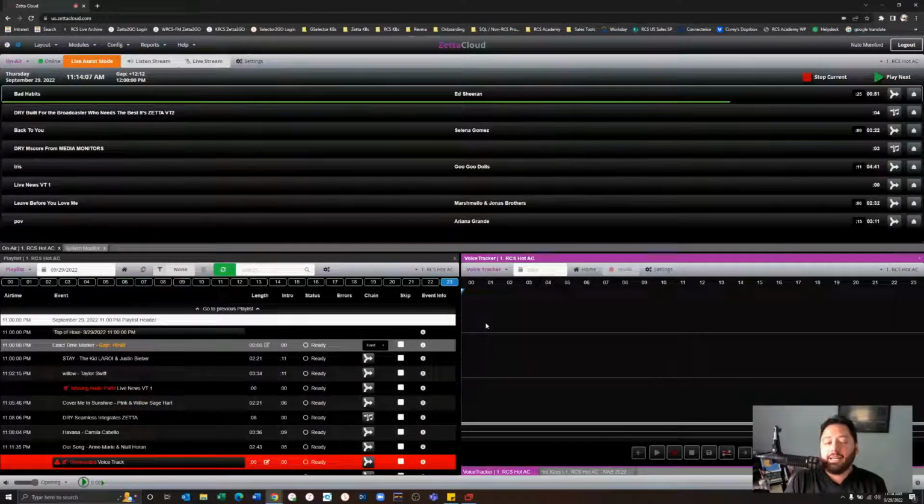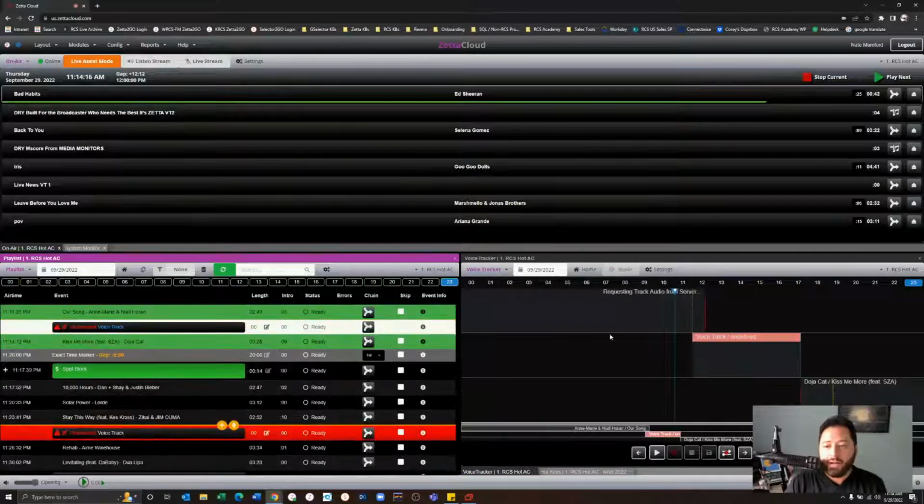And so what we did is we created a pipeline from RCS Cloud Disaster Recovery to your Zeta client. If there's an empty voice track position, you can click on that voice track right here. You've got the heads and tails. You hit the record on here, and once you hit that record, it saves back in your local Zeta. I've got some great videos on that too in our archive,